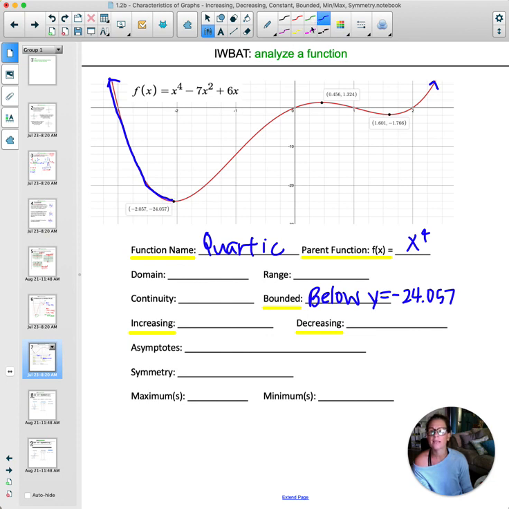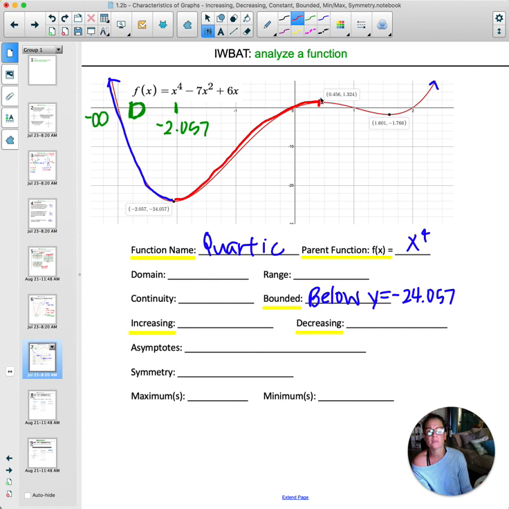Okay, so I like to label these up on this x-axis. This was negative 2.057. That's the x that it switches. So we started down here at negative infinity up until here. This is our decreasing level. Okay, then we switched over and now we start increasing from here until the next